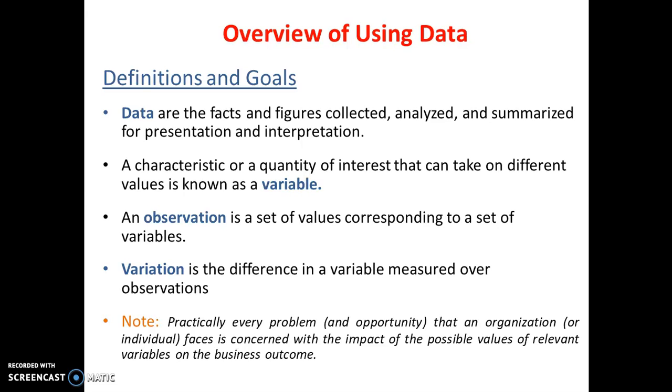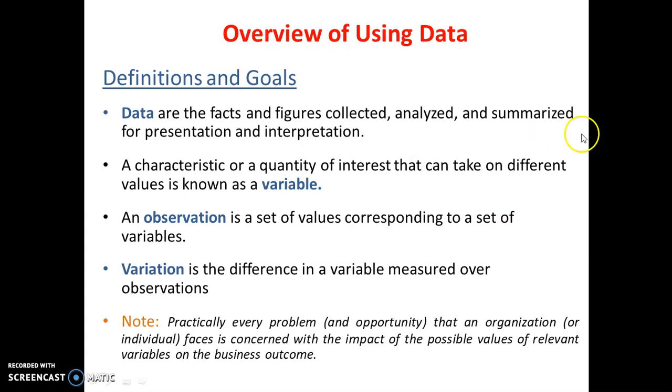Variation is the difference in a variable measured over observations. For example, if you have a variable like A having some value, how the value will vary, we need to observe. So if you read the note, you'll be able to understand easily. Practically every problem that an organization faces is concerned with the impact of the possible values of relevant variables on